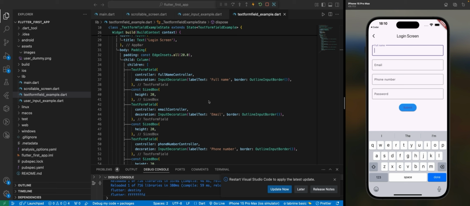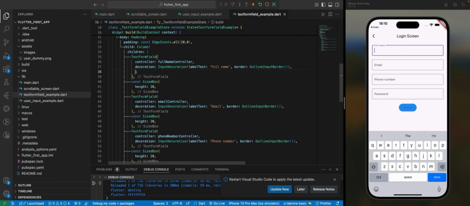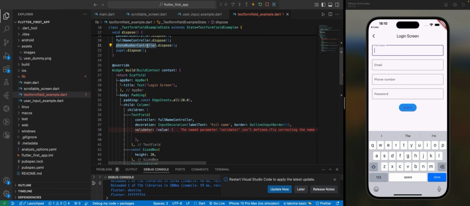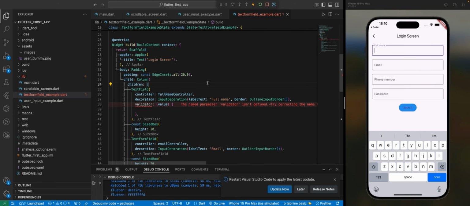So we need to use the validator property inside TextFormField, right, to check for valid inputs. So right here, we have our TextFormField. What we are going to do here is add a validator. So this is one of the reasons why I prefer TextFormField to TextField, right? TextField doesn't have a validator property. That means we cannot do proper validation with TextField. We can only check controller.text.isEmpty whenever the user taps on submit,